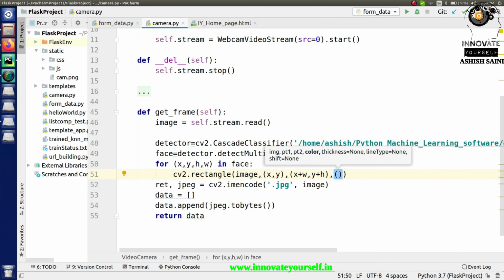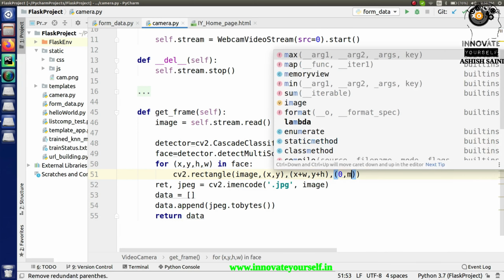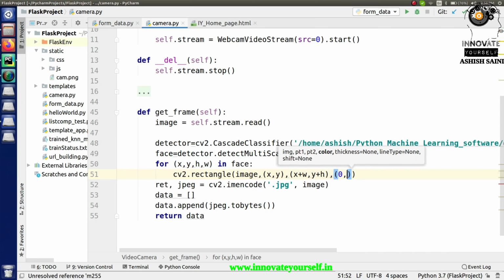So it's like RGB, so you have to apply the value according to that, and that value ranges between 0 to 255. So in my case I'm going to put 0, 255, 0. So that means I'm going to put a green color box around the face which is detected as per this detector, right?